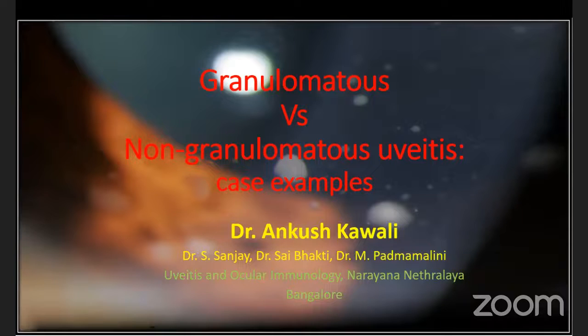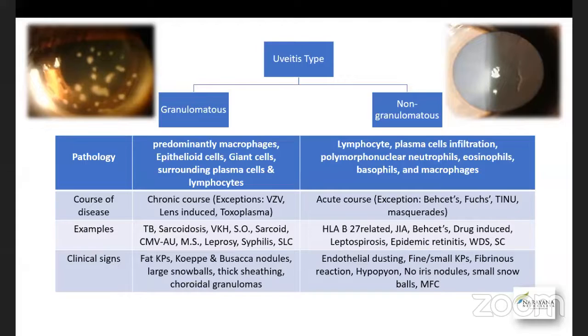So my topic is granulomatous versus non-granulomatous uveitis. The classification of granulomatous and non-granulomatous is pathological as well as clinical. The presence of epithelioid cells and giant cells makes the inflammation granulomatous. Or on clinical examination, if you see